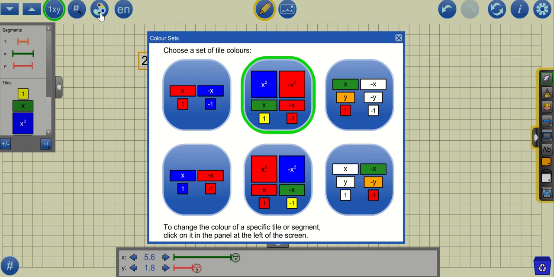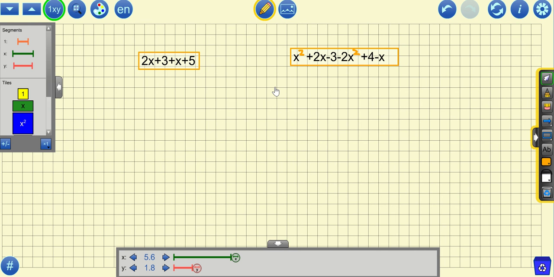So the first thing you're going to want to do is they're going to give you a choice of tiles. Obviously you want to choose these ones because they're the ones that look like the ones we're using. Okay, I guess it won't let me choose that because it's already chosen. Okay, and I just want to go over how we can do a couple of these questions just on collecting